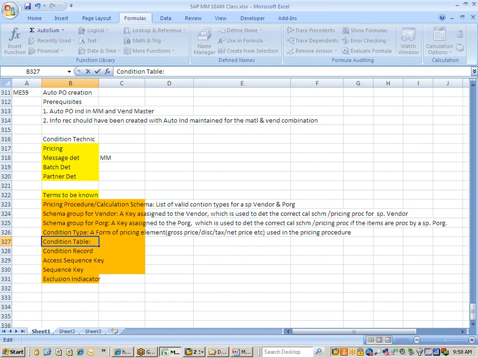You can derive it from an info record, or if you are referring to a line item in a purchase order from a particular contract, you can get the item price from a contract. In case you are working with service